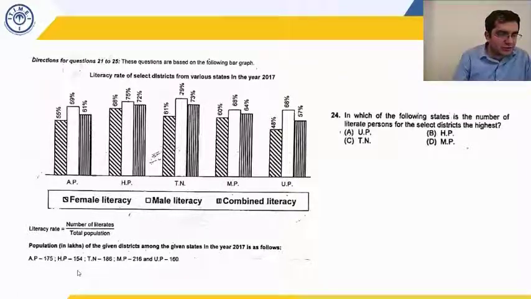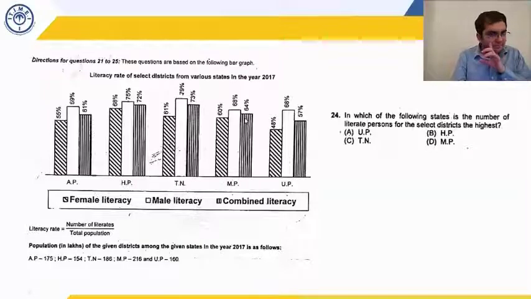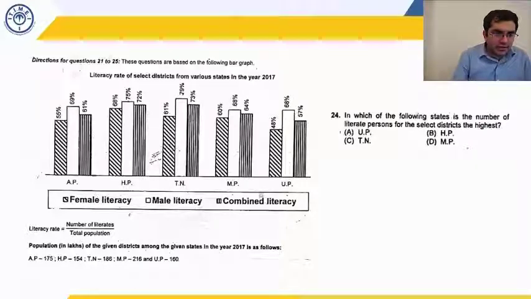Okay. So one thing that I can see is that 72% of 154. See, 154 is much smaller than 216. So even though you are comparing 72% versus 64%, I can be fairly sure that MP is going to be larger. So now what you are comparing is MP and TN. I have to compare 64% of 216 with 73% of 186. And I would probably suggest that you calculate and see. 64% of 216 versus 73% of 186.